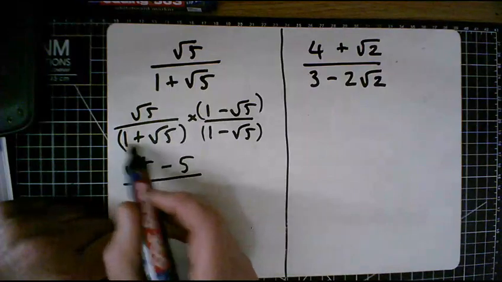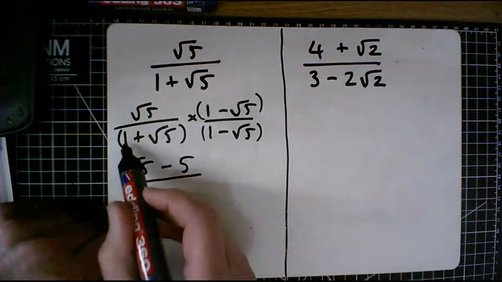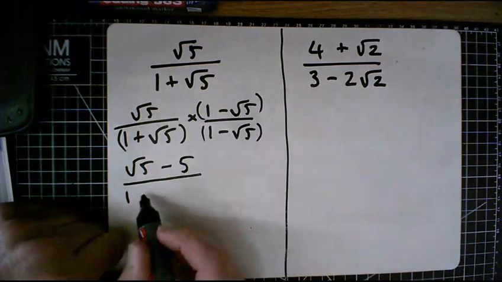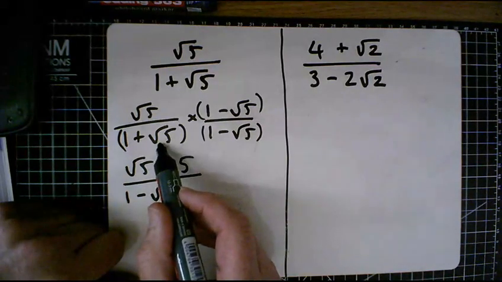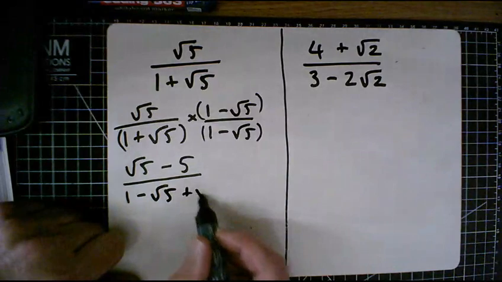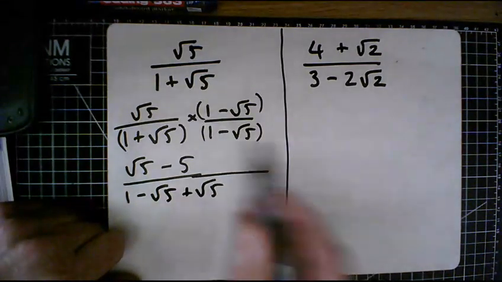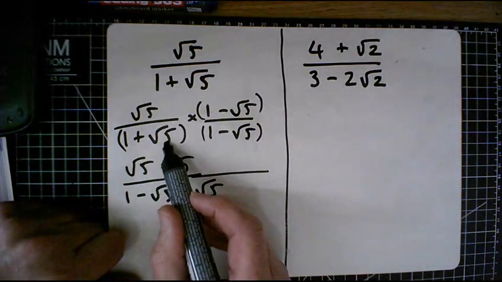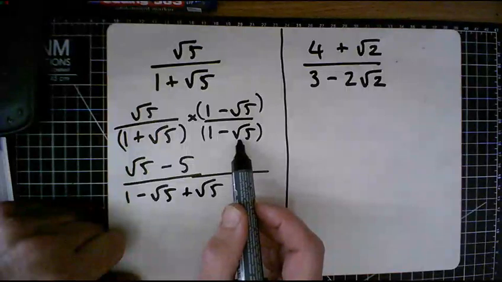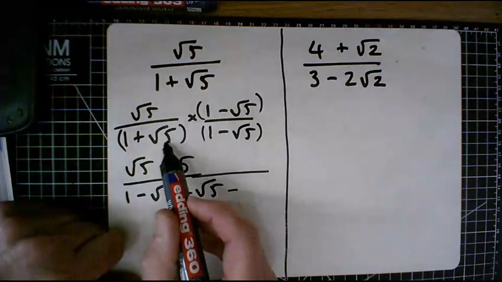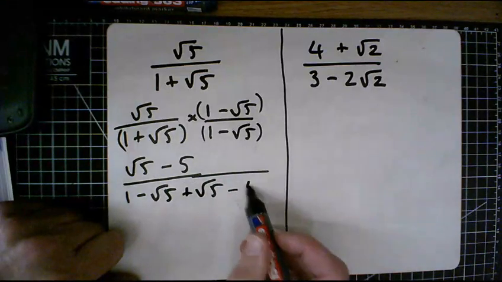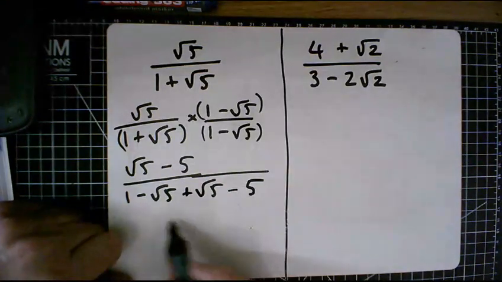Over 1 times 1 is 1. 1 times negative square root of 5. Positive square root of 5 times 1. And then square root of 5 times the negative square root of 5. So breaking it down, positive times a negative is a negative. Square root of 5 times the square root of 5 is 5. So our answer becomes